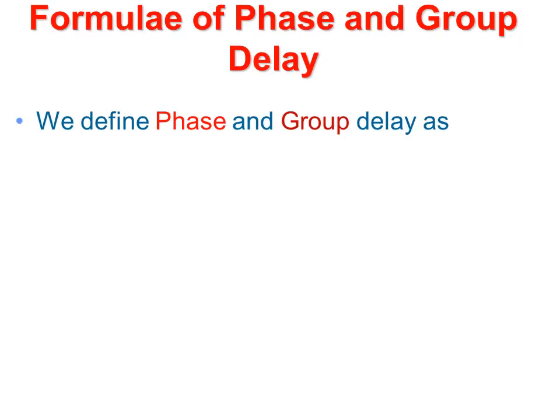And here for this FIR filter we can define the phase delay and group delay. The phase delay tau p is equal to minus the phase of the transfer function theta of omega with respect to the instantaneous value of omega, that is minus theta of omega upon omega, and the group delay tau g is equal to minus the first order derivative of the phase theta of omega with respect to d omega.